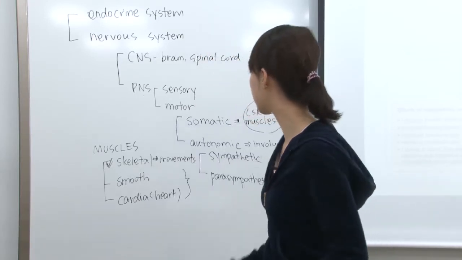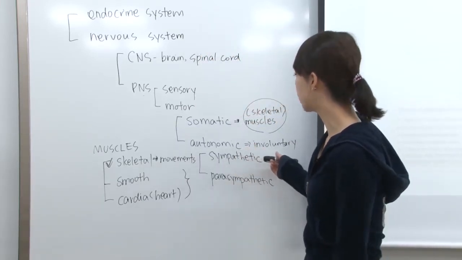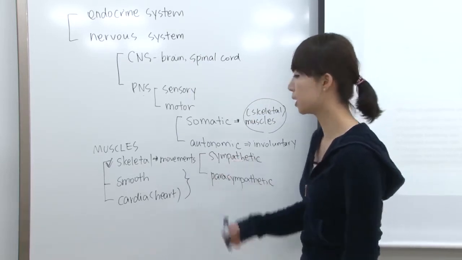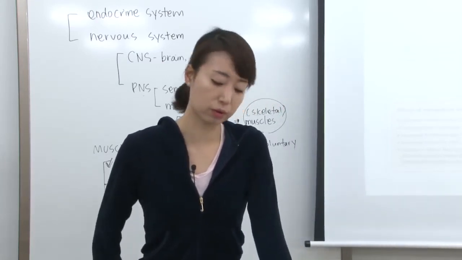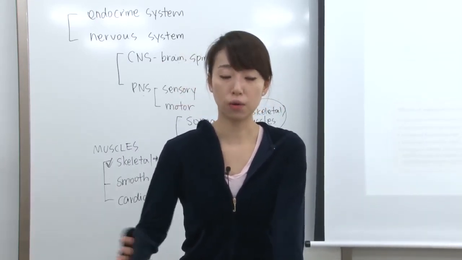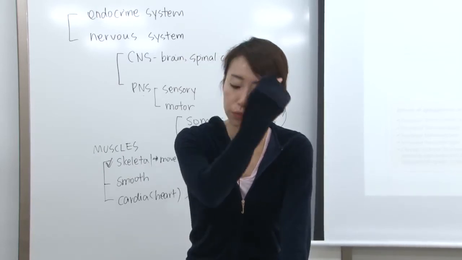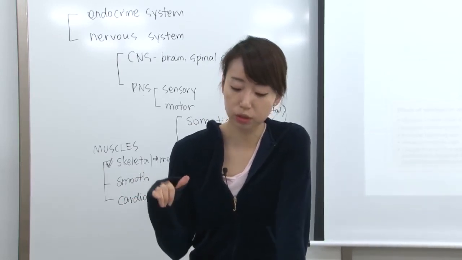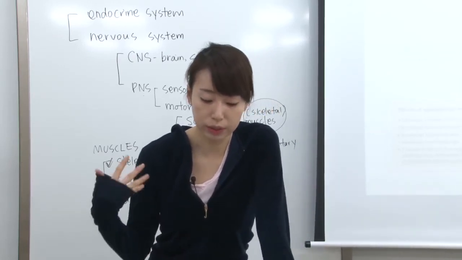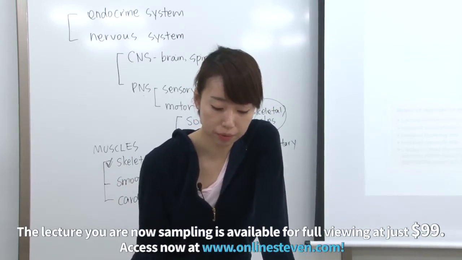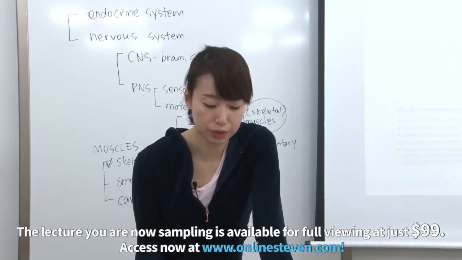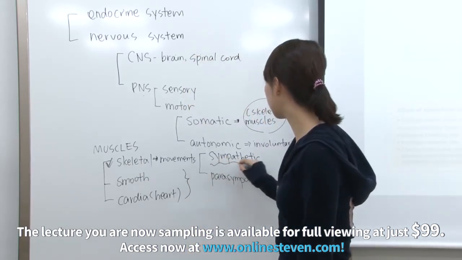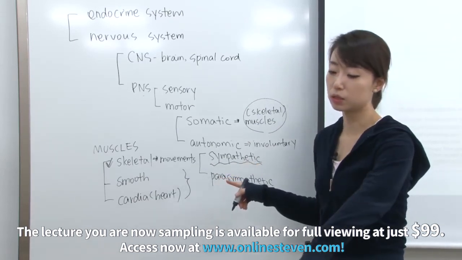Out of the autonomic system, we talk about two different nervous systems, called sympathetic and parasympathetic. Sympathetic is the fight or flight response. So when we fight or when we run away, we increase heart rate, blood sugar level increases, and our respiration rate, breathing rate, goes up. And the adrenaline, the epinephrine, raises blood glucose level. So these are the responses of the sympathetic system.